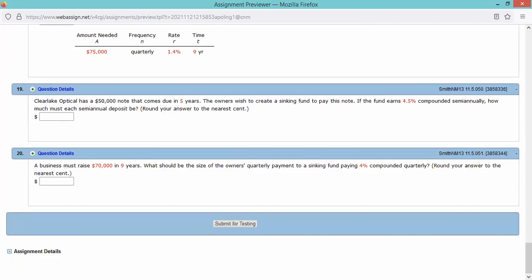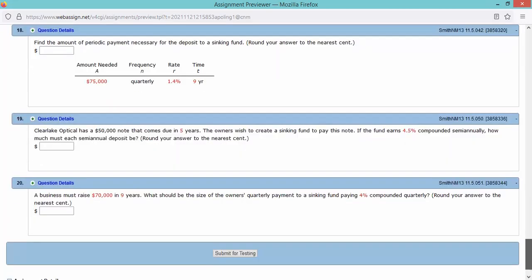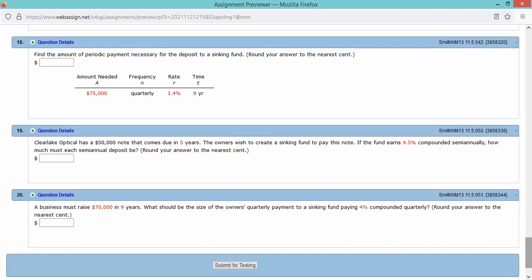And 19 and 20, and we'll be done. We're just doing the same thing over and over. It's just this time n equals 4, and t equals 36. The rate is a weird one, 0.014 in decimal form. And then we'll just type in our formula, which is the m equals a divided by